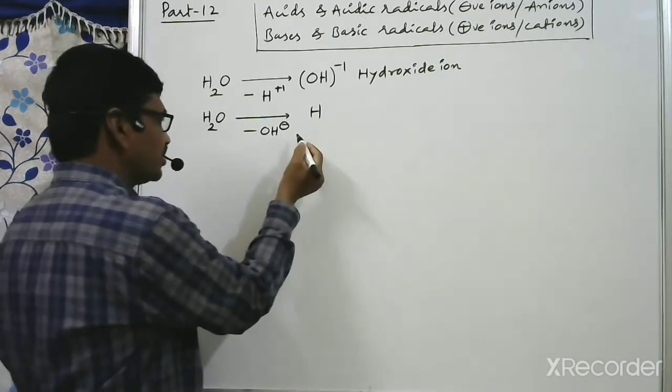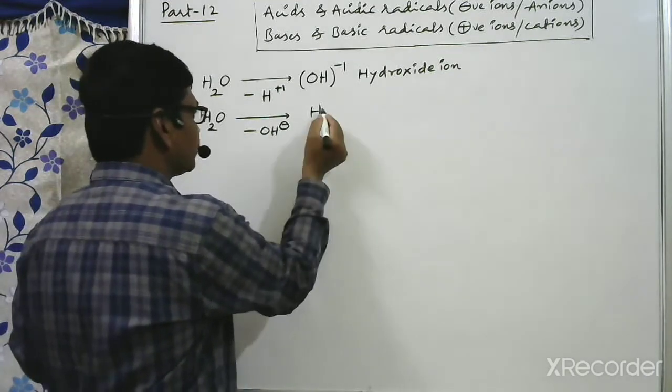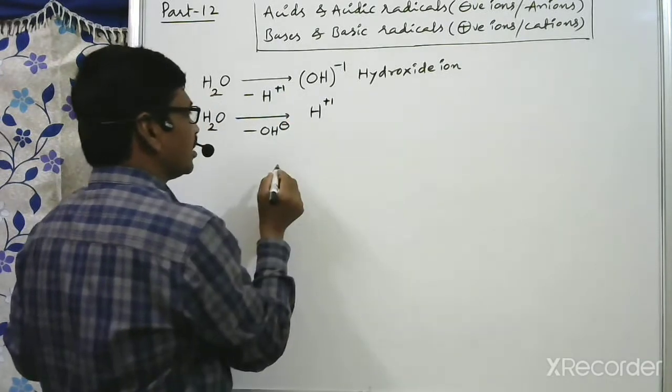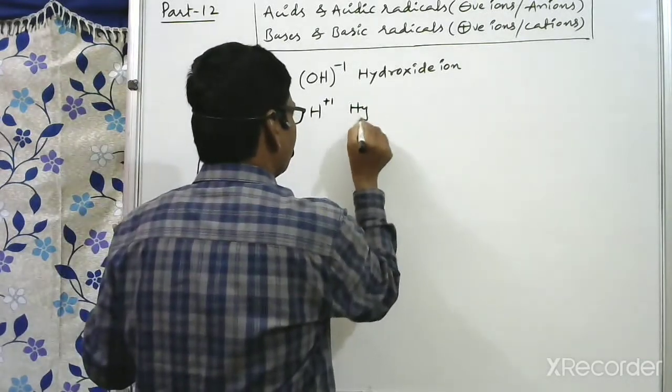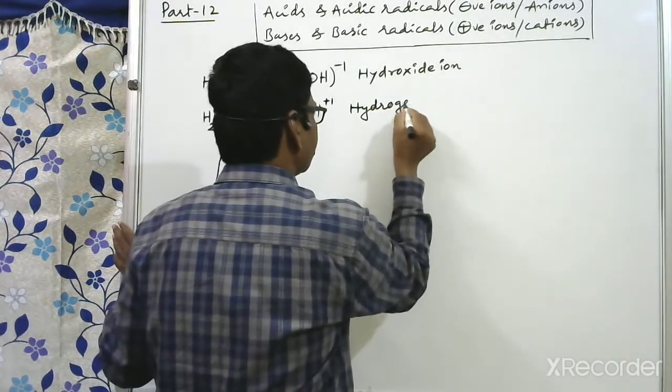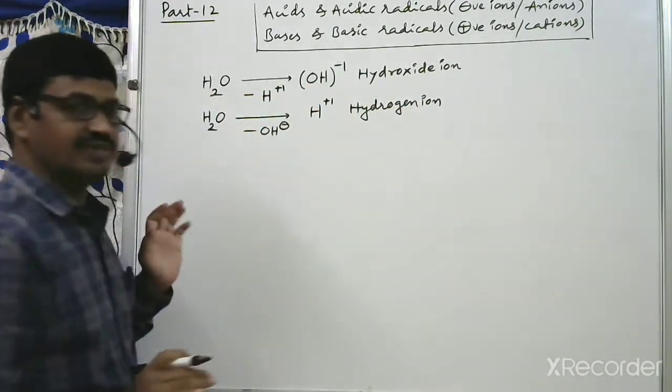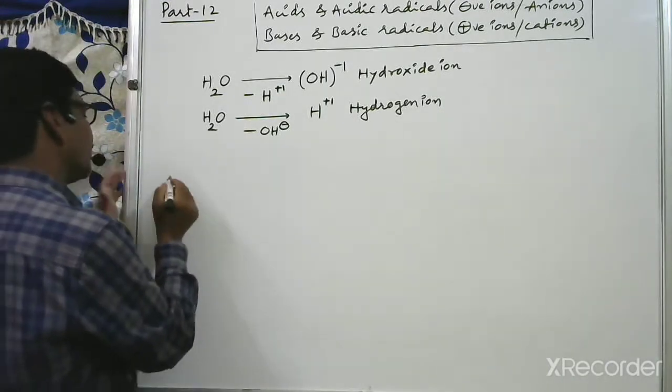So this is the OH minus ion. It is removed from this, so H plus remains. Hydrogen remains. Above this we can write one charge, plus 1, which is called the hydrogen ion. This is the cation. This is the anion. Similarly, here I am taking